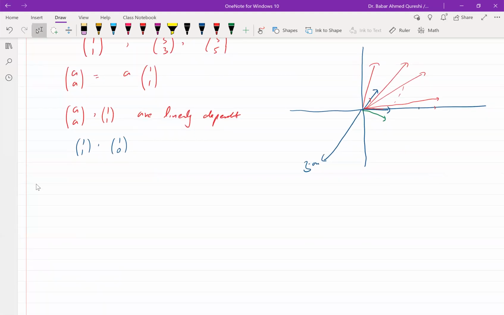And if I consider a span, I talked about i and j. We know that I can make any vector in the xy plane as a linear combination of i and j. I hope everyone has seen these unit vectors, i and j. And if I throw in a third vector, x, which is some particular linear combination c1 i plus c2 j, clearly I can write j as